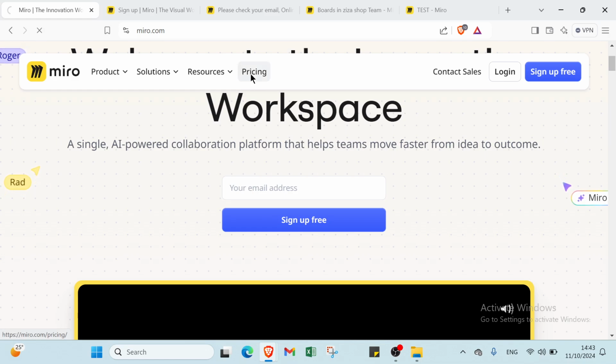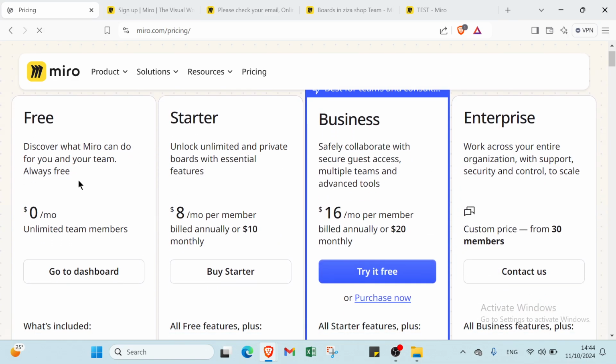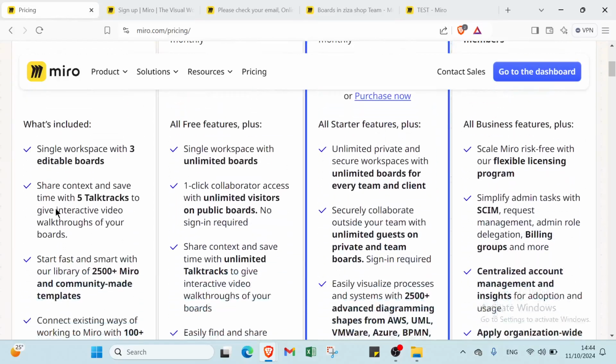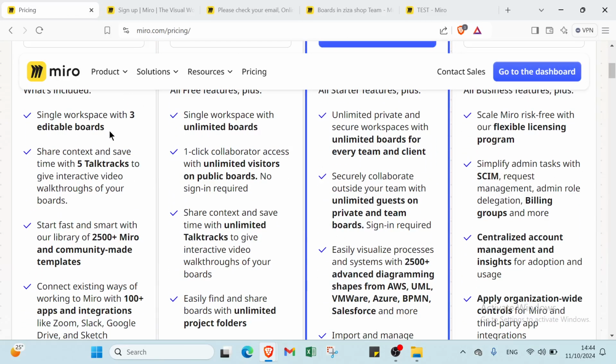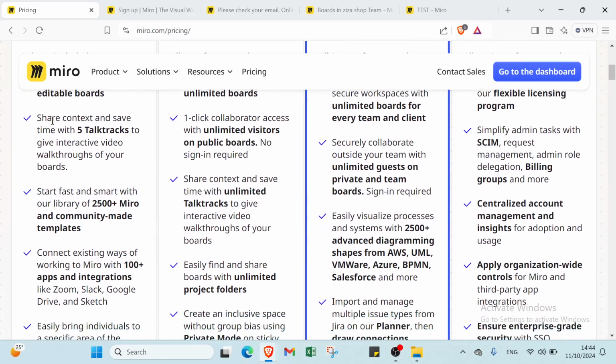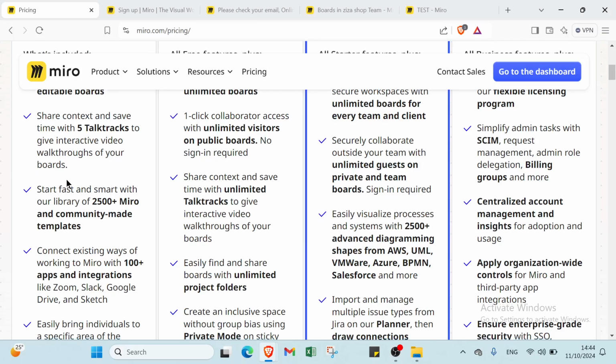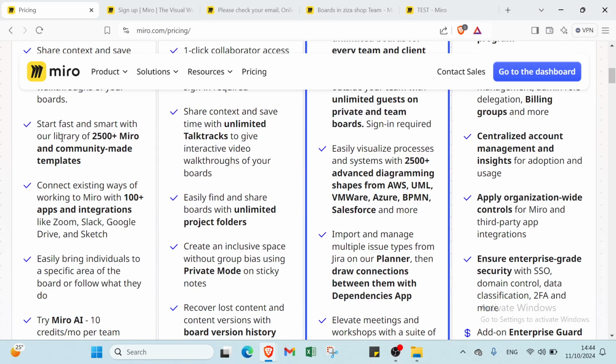So the next thing we have here is the pricing, as you can see. It's for free. Discover what Miro can do for you and your team, always free. We have a single workspace with 3 editable boards, share contacts, and save time with 5 talk tracks to give interactive video walkthroughs of your boards. You can start fast and smart with a library of over 2500